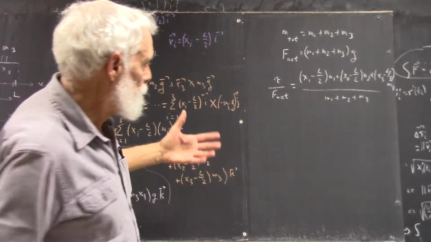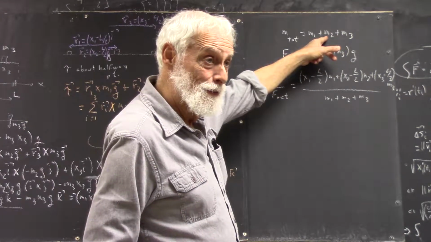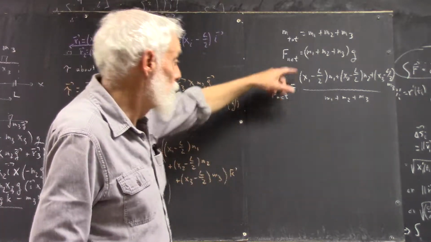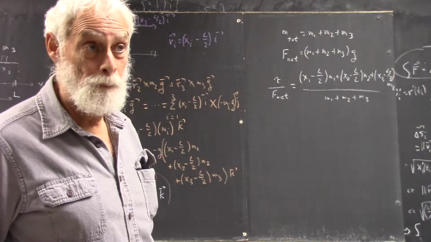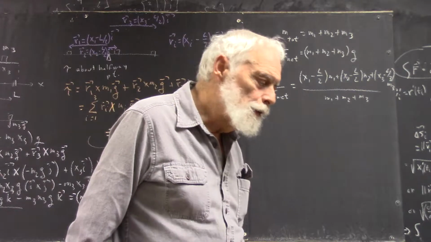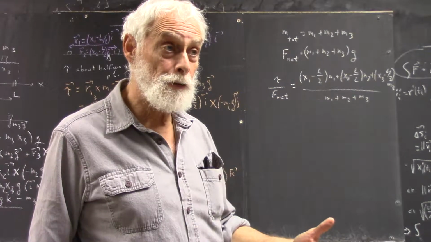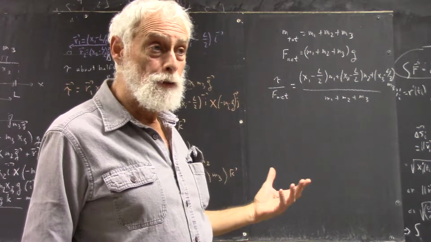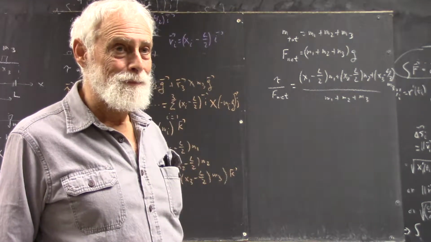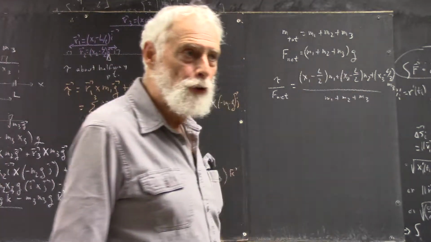Now somebody objected, but there's a g on something. Well, there's a g on this. There's no g on this, right? But there's a g on this too. So you have the g in the numerator, the denominator goes away, so I didn't write it down. And generally, when you calculate what we're doing, which is actually finding the center of mass, you don't worry about g because it goes away in the end. So you just treat the masses as though they're forces. I didn't want to do that because that confuses people. But now that you see that all the g's go away in the end,